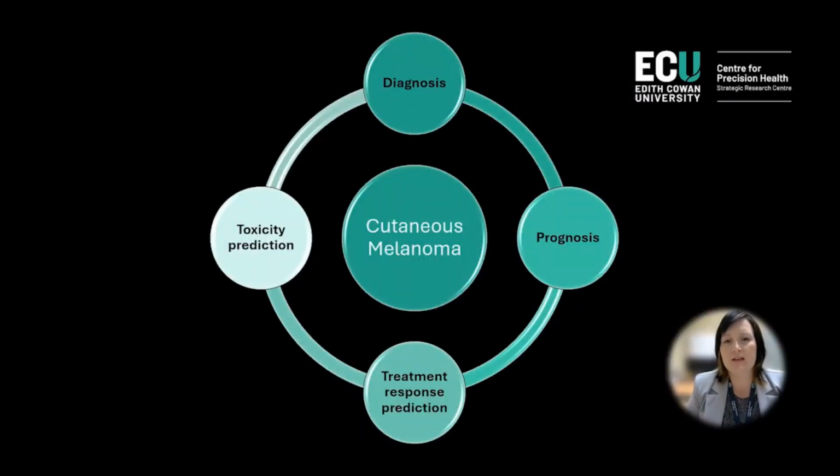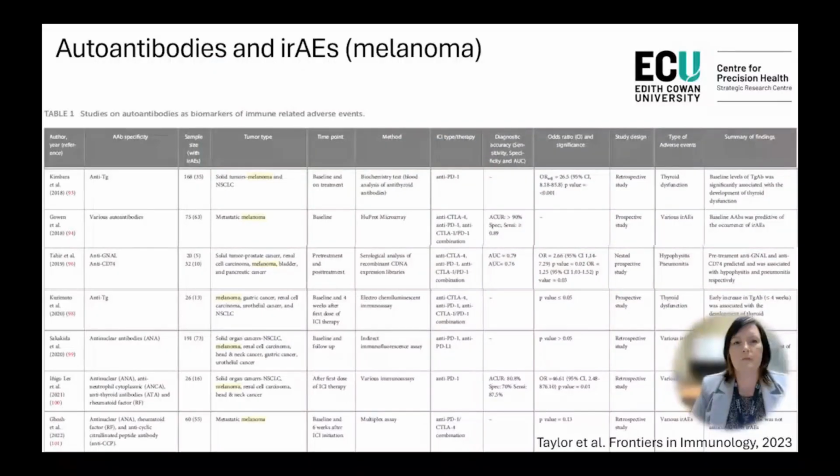Finally, I would like to summarize what has already been published in this relatively new field of autoantibodies as predictors of ICI toxicity in melanoma. A couple of years ago, our team published another review paper that summarized studies on autoantibodies as toxicity biomarkers in a range of cancers. Now, I understand that this slide is very busy and difficult to read, but here I have essentially listed all the melanoma studies from this review paper, and I will touch on some of these in